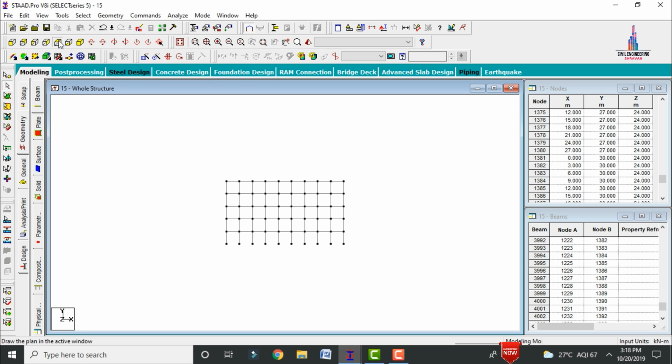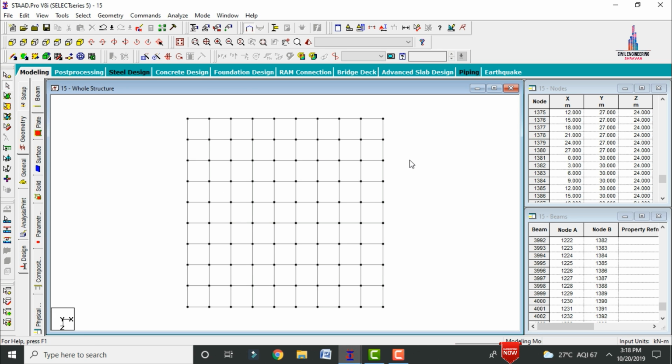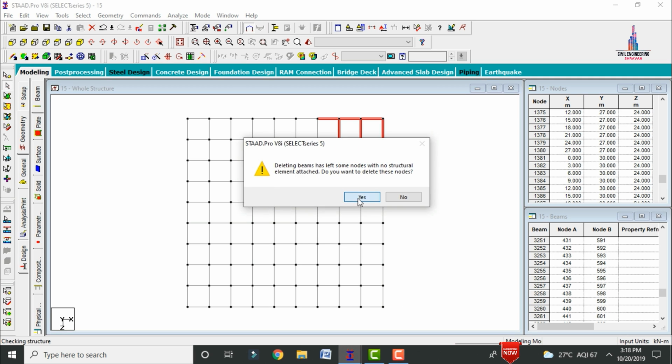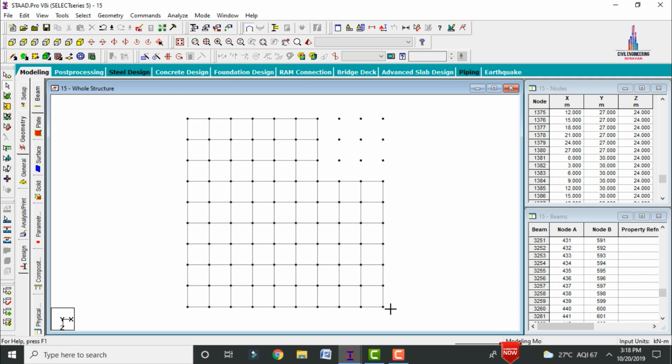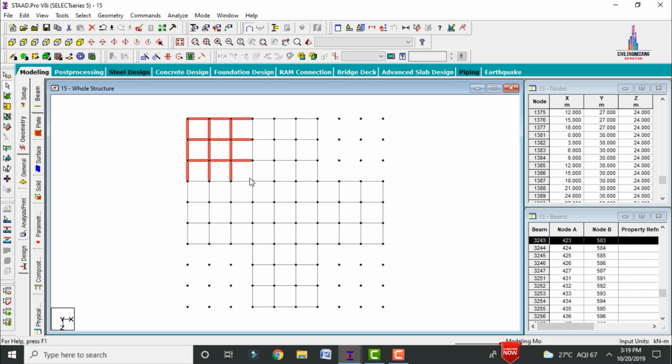Now we have to keep the structure in top view. Here we have to remove all the unnecessary things for this section. Here I am removing this corner section of 3x3 panels. Click on the delete option and click on the S option. In the same process we have to remove the bottom section also. Here I am selecting the 3x3 section at the bottom. Click on delete and click on OK. Again in the same process we have to remove this portion here like this. Click on delete and click on the S option. Again we have to remove the 3x3 panel for this section. Click on remove and click on the S option.